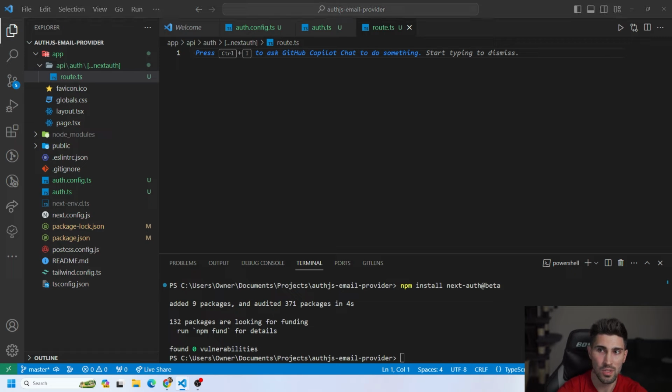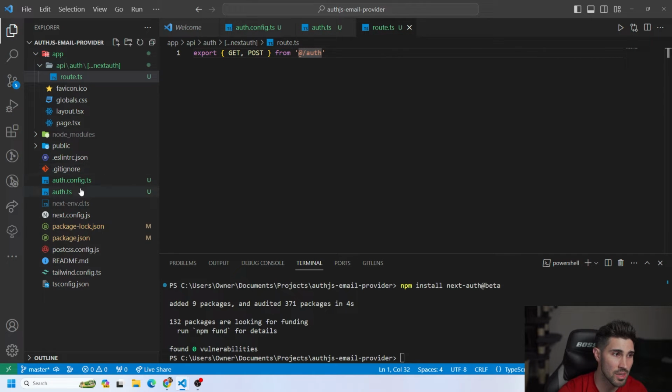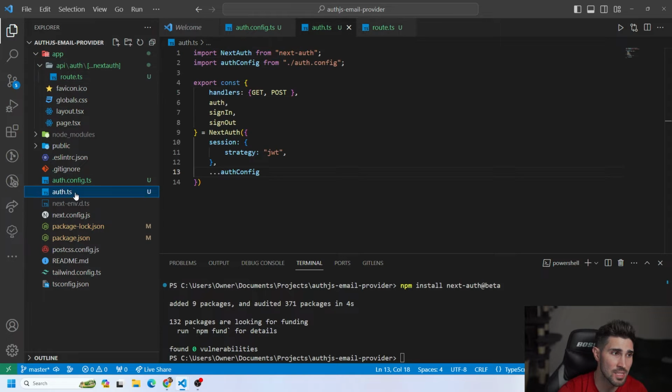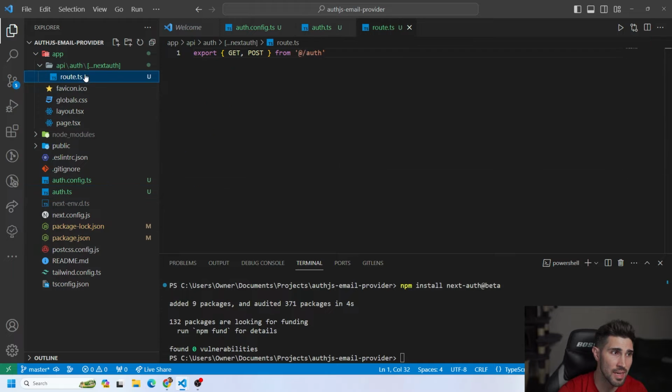And then all this is actually one line of code. I'm going to copy this over, and this is from the docs. Or you could just copy it here. We're just exporting the GET and POST from the @/auth. And this @/auth is this file right here, the auth.ts file. So everything in the auth.config file is exported and it goes inside the auth.ts, and everything in the auth.ts file is exported and it's caught in this catch-all route,